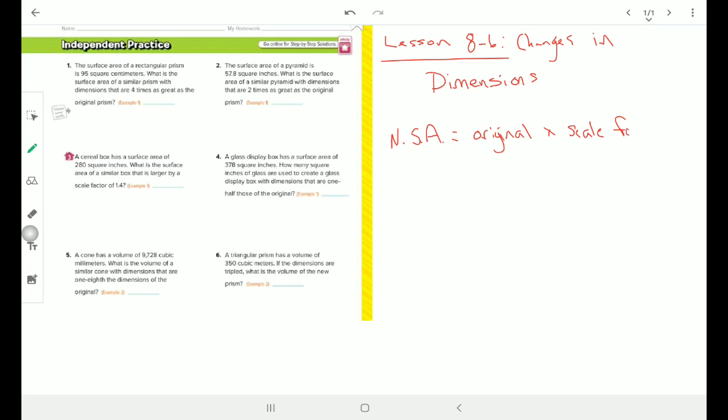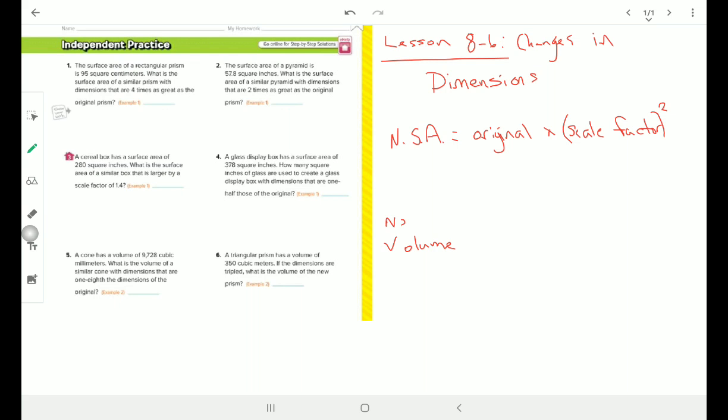But here's the tricky part. Since it's surface area, remember that area, square area, right? I'm sure you've heard that term at some point, area, square area. Since we're dealing with surface area, this scale factor is going to be squared. And that's how you would find the new surface area for a similar shape or a similar figure. We're just changing the dimensions, and this is a nice, easy formula we can use for all of these surface area questions. If we're talking about volume,